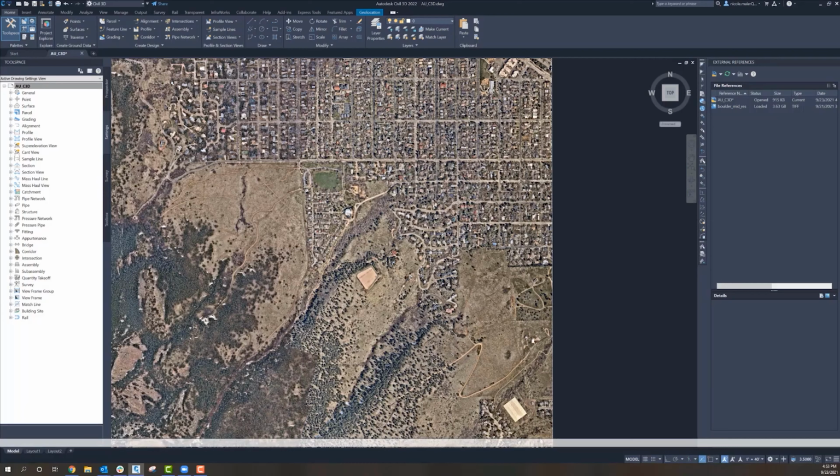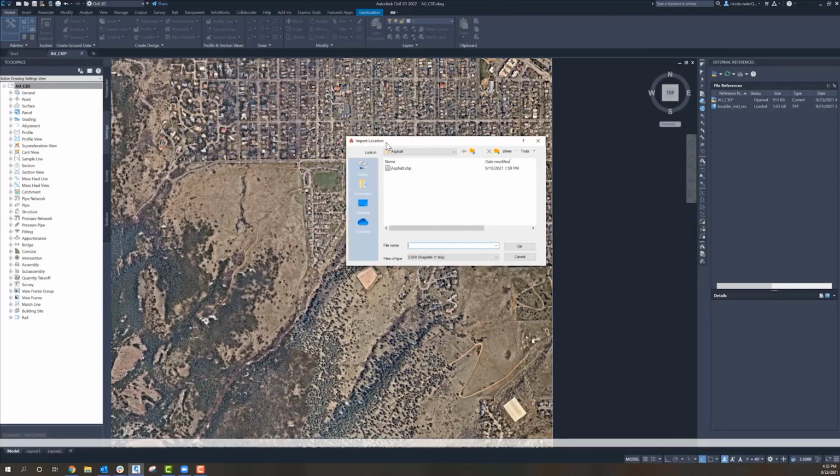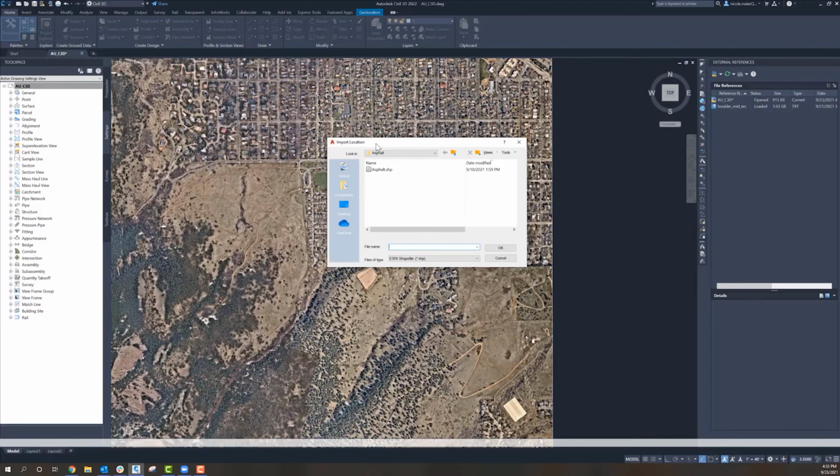So next we'll be bringing in our AI shape files with the map import command. Map import will allow a conversion of the shapefile into Autodesk feature layers. As you will see in a moment, this will bring in everything as a working layer that you can interact with as you would any other line work in CAD.